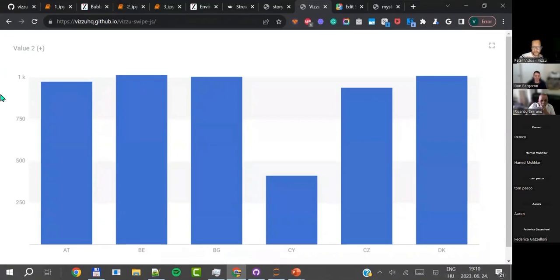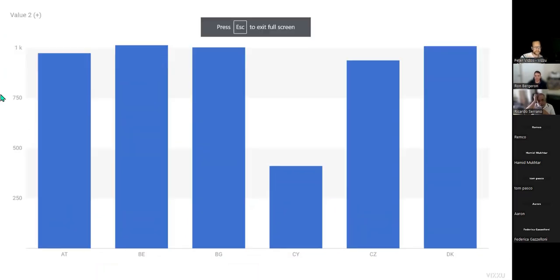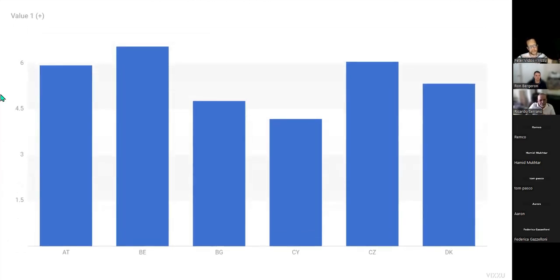So this is just, again, a tech demo that we created. We call it the swiping data explorer or something like that. In order for you to understand what you're looking at, you have to understand that I have a touch-enabled laptop. Usually when I'm not doing a presentation like this, I use my phone to demo this to others. Let's imagine just a simple product that I uploaded a CSV file into with some values and categories in it. And I end up with an initial view, like an initial chart with 6 columns, as you can see here.